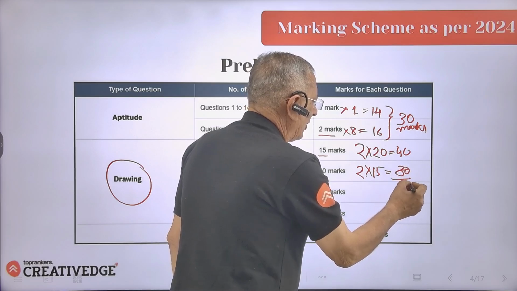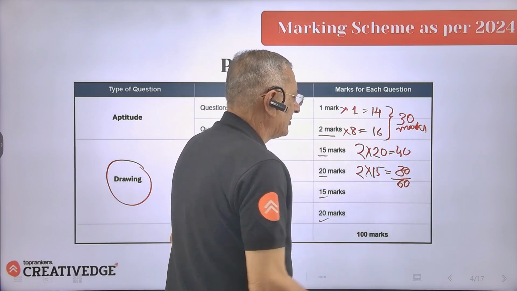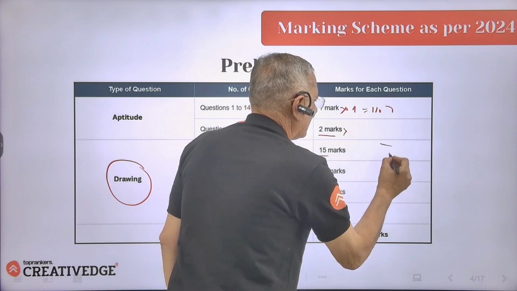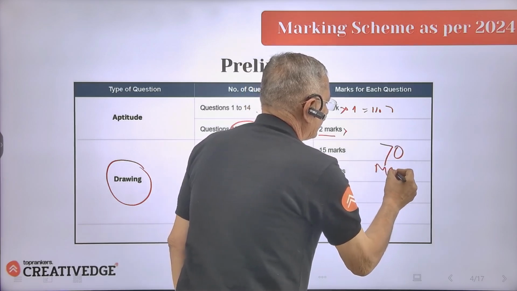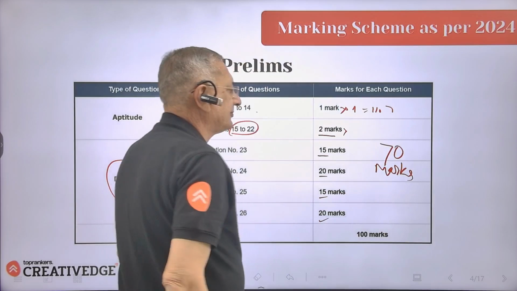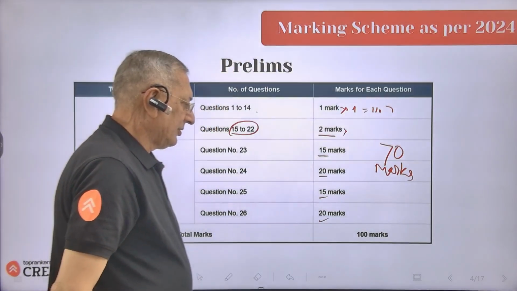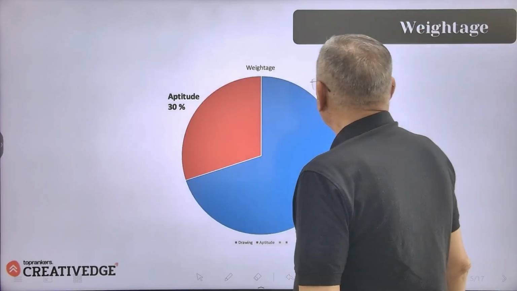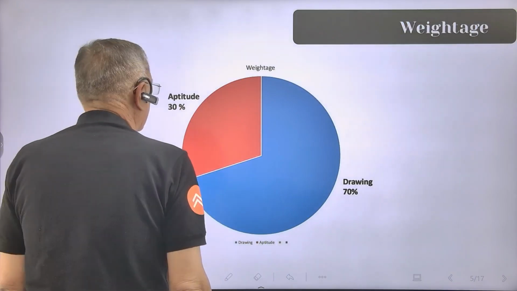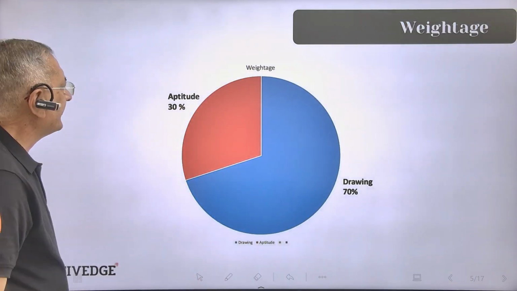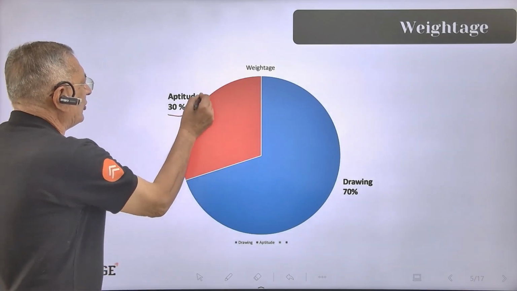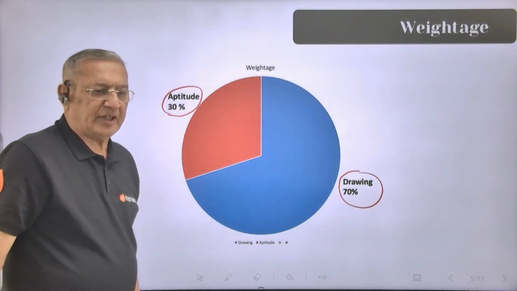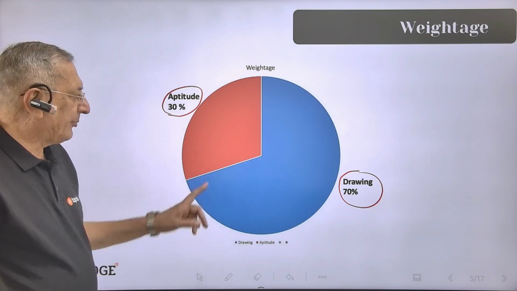So the drawing section has 70 marks. To take this into weightage with a pie chart, aptitude is 30%, and as we talked, drawing is 70% in the prelims only.